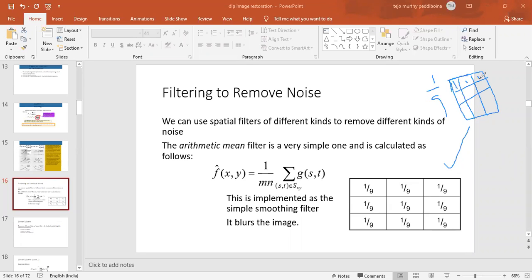So what does this mask do? The mask is useful to have a window of neighborhood, to decide what my neighbors are. Depending on this mask, this entire mask information belongs to Sxy. That is very important to understand. Sxy is a boundary that defines the neighborhood values. What are my neighborhood values? For example, let us see one example with this.